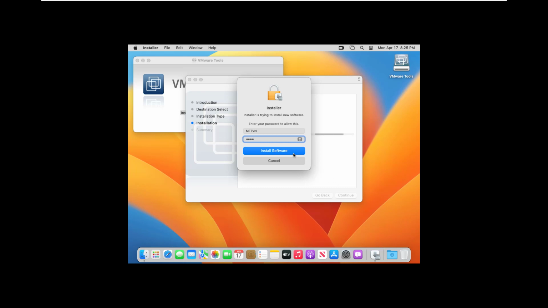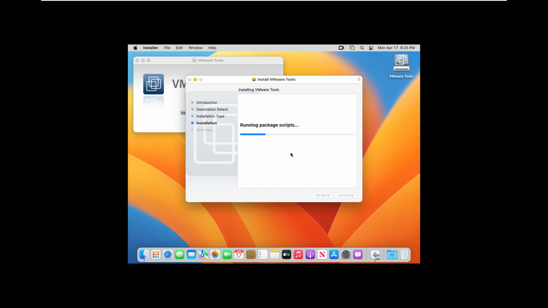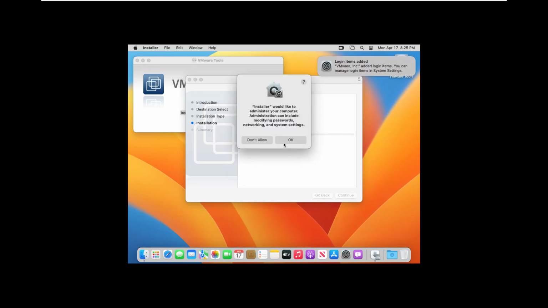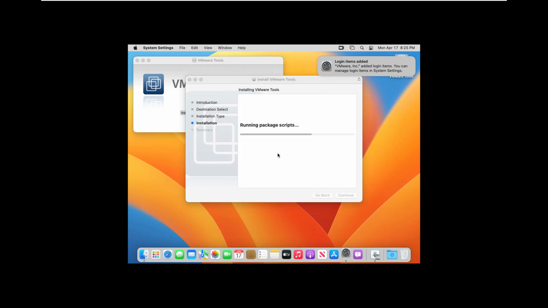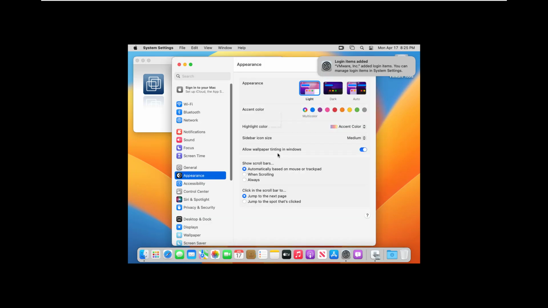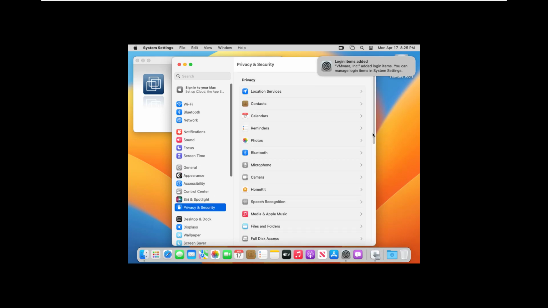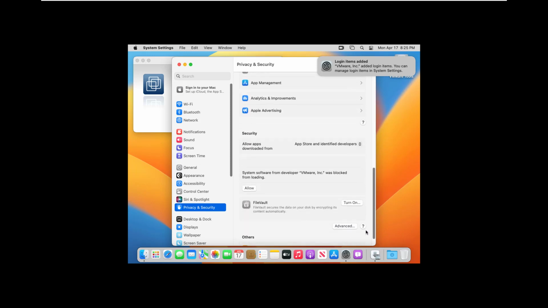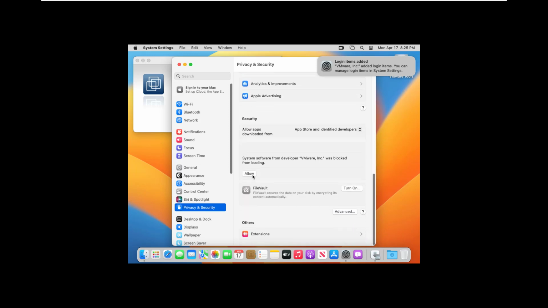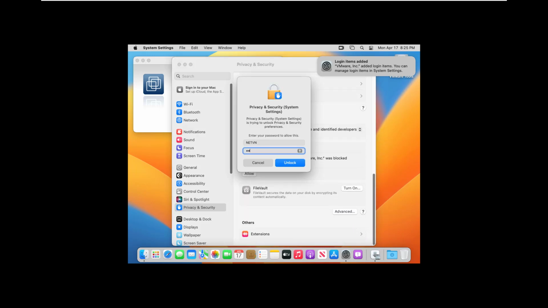During the installation, you will be asked to enter the admin password created in the previous step. On Mac OS 13, you are allowed to use this tool.